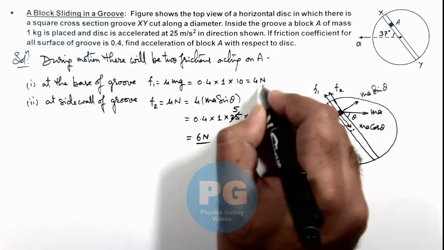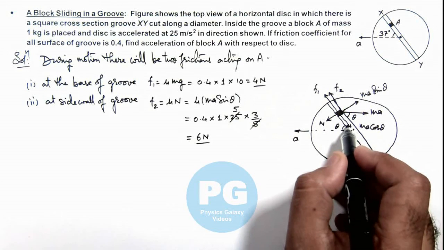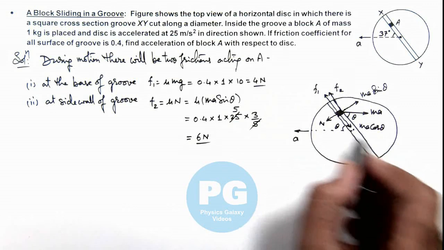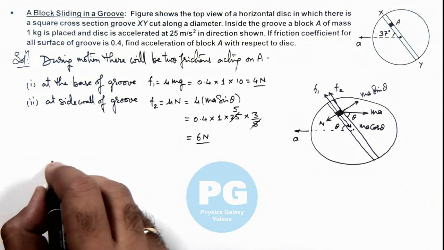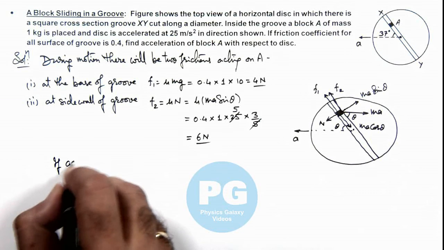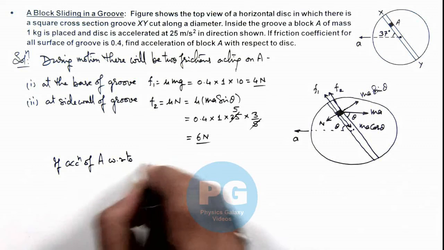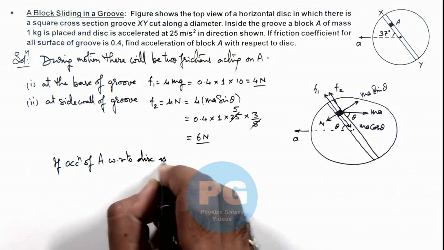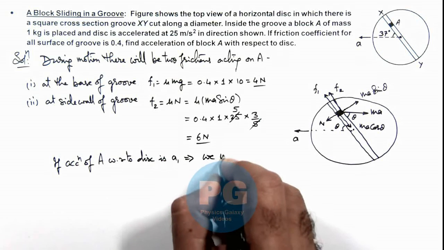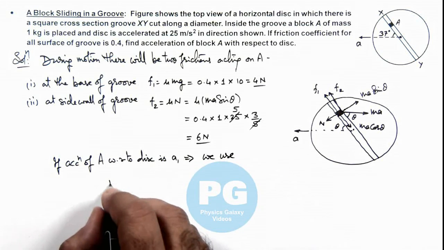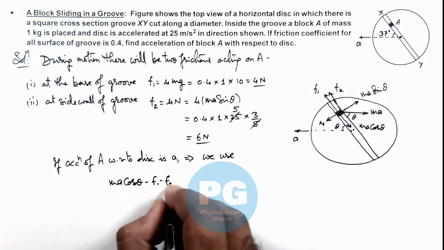So these are the two frictions acting on the block, and the sliding force responsible for sliding in the groove is MA cos theta with respect to the disc. So we can write, if the acceleration of A with respect to the disc is A1, this implies we use the equation of motion as MA cos theta minus F1 minus F2 is equal to